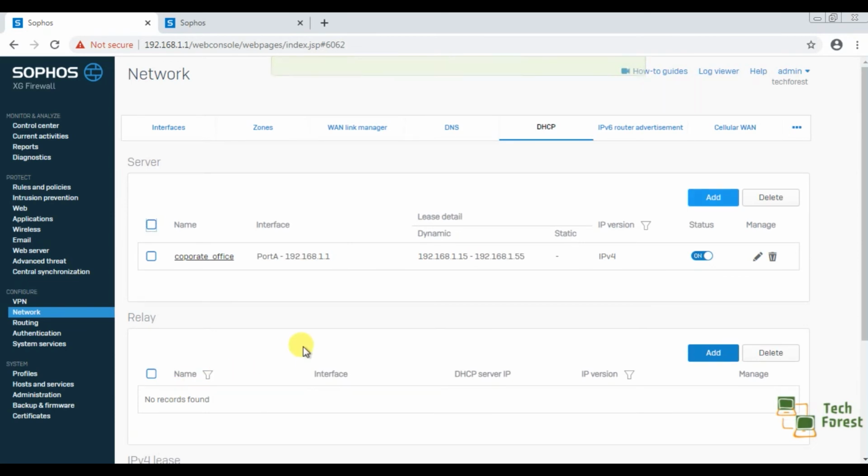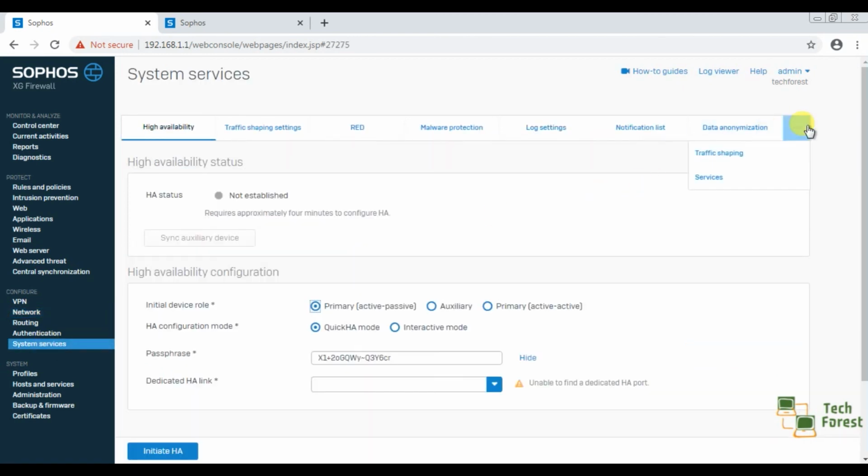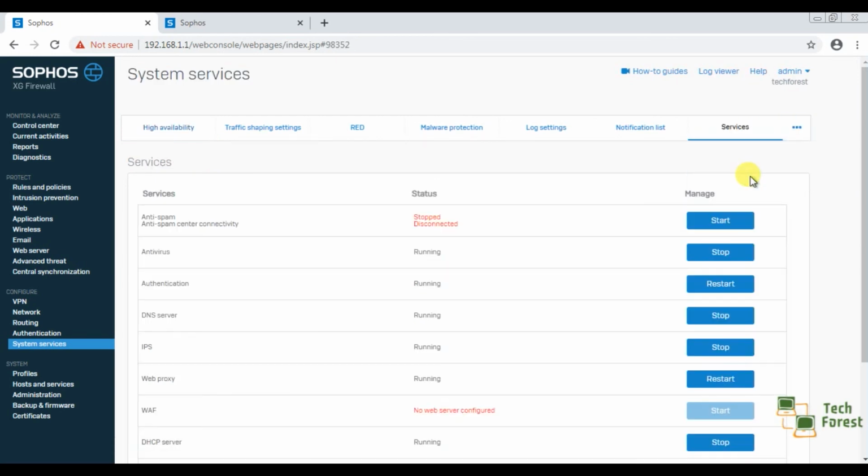One more thing, make a note of it. Suppose you have created a DHCP setting but are still facing trouble getting an IP automatically. Make sure that the DHCP service is allowed from system services. Click on system services, go to services.